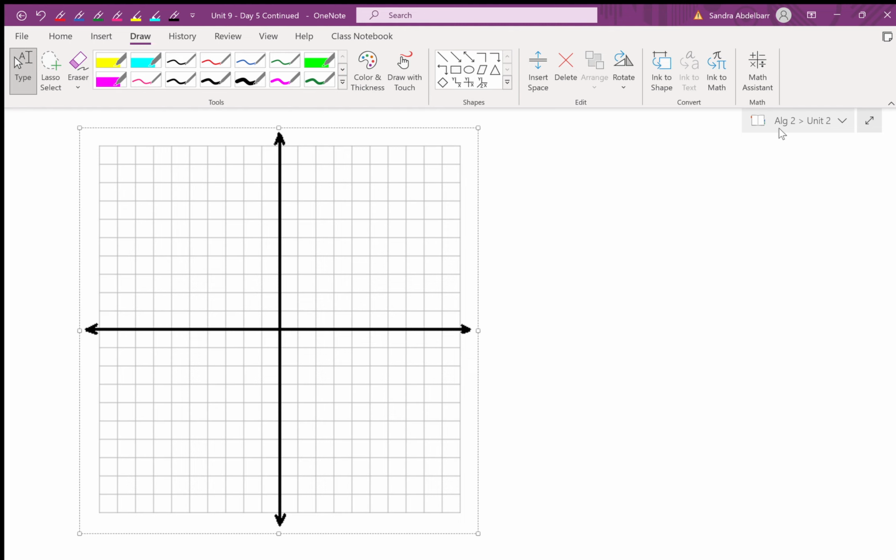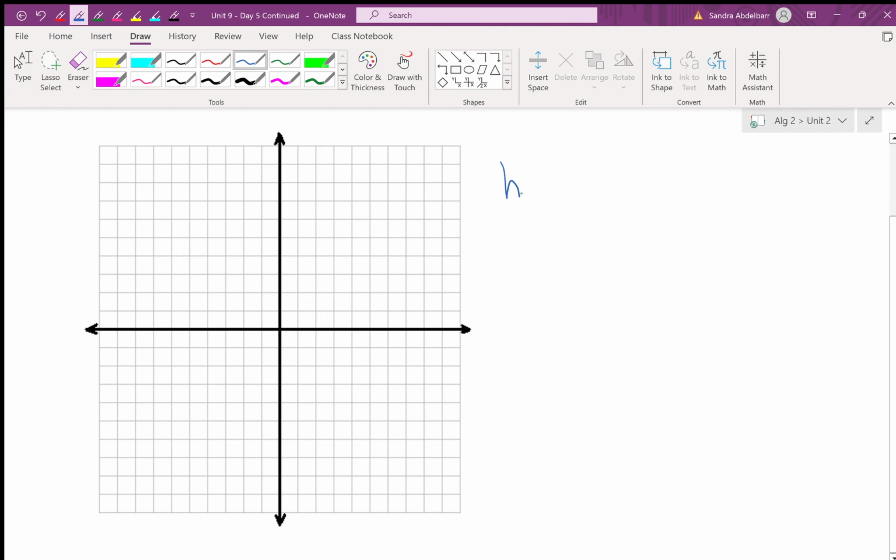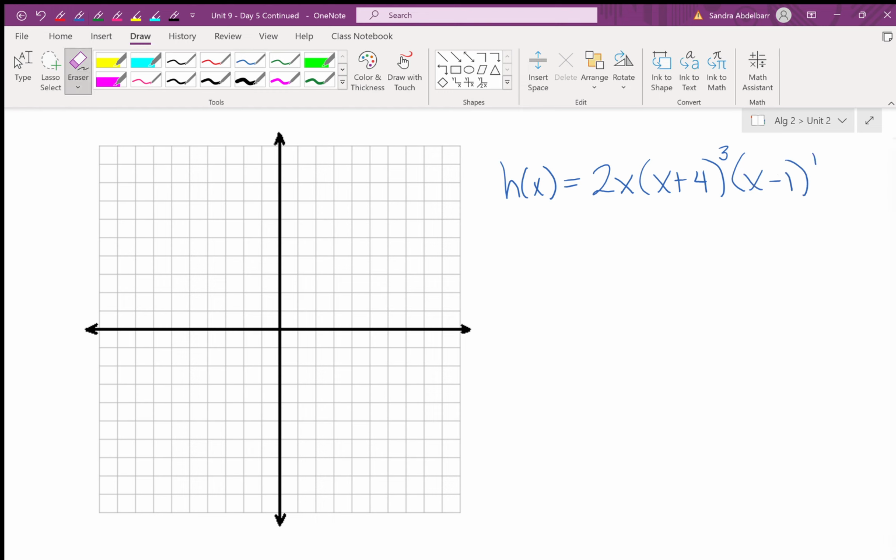To sketch, h of x is equal to 2x times (x plus 4) to the third times (x minus 1) to the... Okay, why is this nice? This has already been what? Factored for us. Okay, to start, we want to figure out which quadrant we're starting in and which quadrant we're